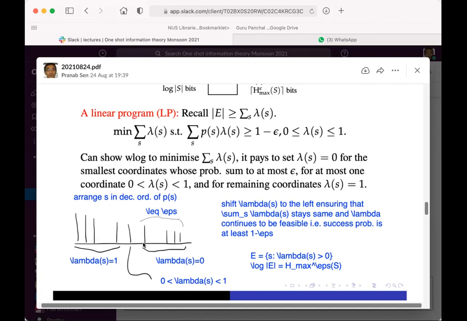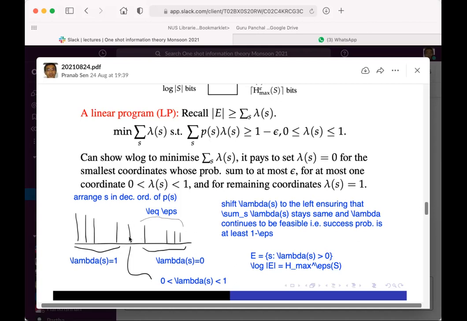So their probabilities, their PS terms, when added up, will give me less than epsilon. Why is that? If I look at the success probability, it is entirely determined by these guys, so the left guys plus this one guy, and because the new lambda vector is still feasible, the success probability is larger than 1 minus epsilon. So I am in fact going above the success probability by even adding the PS for this threshold guy.